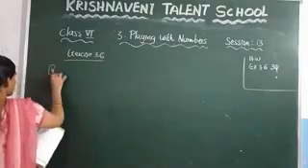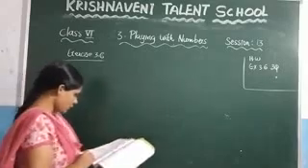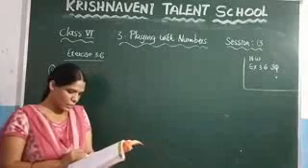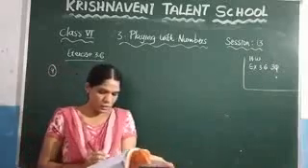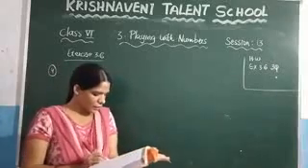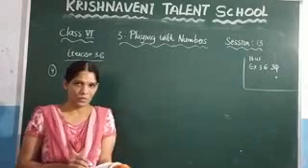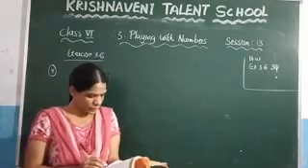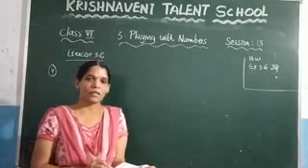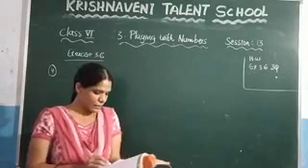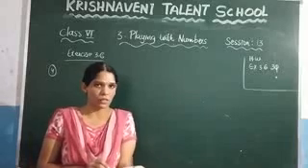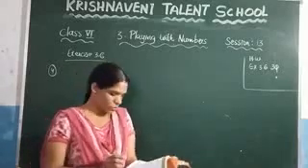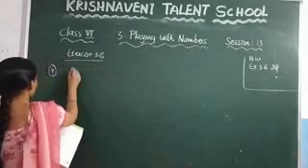See the last question in this exercise, which is the fourth question. What was the fourth question given here? The HCF of two numbers is 6 and their LCM is 36. If one of the numbers is 12, find the other. So first write what you have been given. They have given the HCF, the LCM and one number. You know that LCM and HCF multiplied is equal to the product of the two numbers. In that, one number is given, and we need to find the other number. So first write what you have been given.